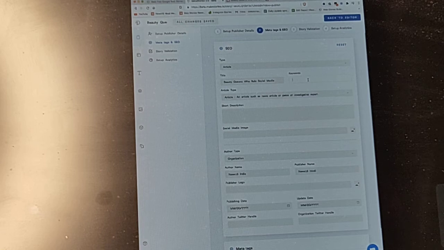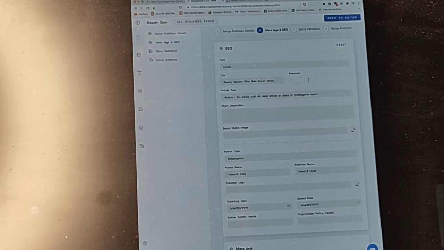Then you have to fill keywords. Keywords are basically words, like Instagram hashtags, Google hashtags. So you have to make sure you put at least 8 to 10 keywords related to the story.